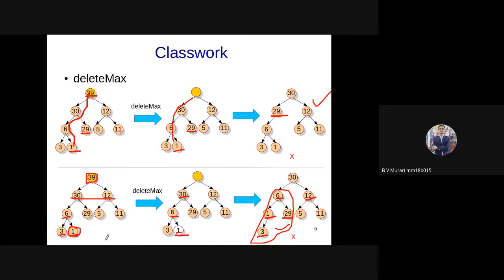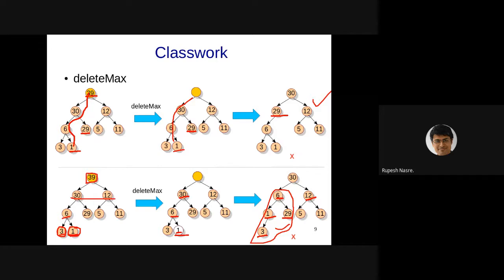Sir, like you will remove 39, replace 1 by 3, move above, so it will become 6 below. Replace 1 by 3. So the hole has come here, is it? Okay, I think I got confused. Okay, sure, no problem.